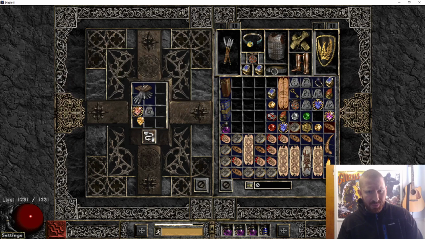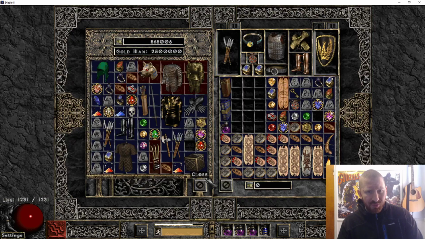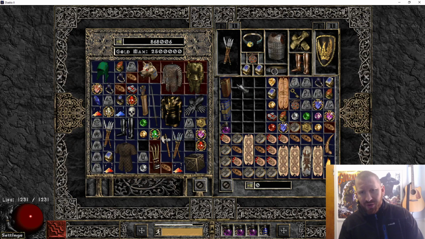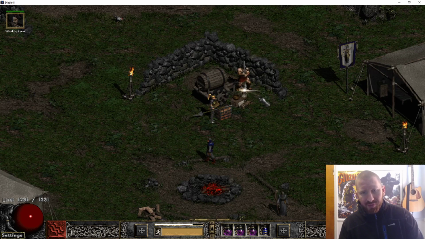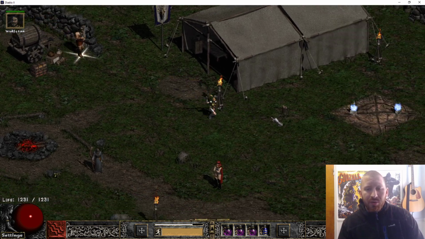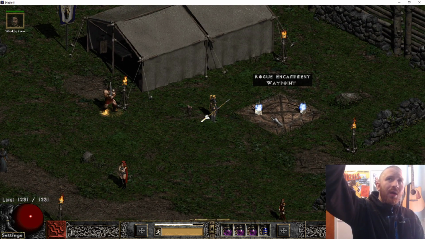Oh, shit. Is it the amethyst? Yeah, it's the amethyst. Fuck! And I don't have an amethyst on me. Okay, so scratch that. I need to get a perfect amethyst. But let's talk about Diablo 4